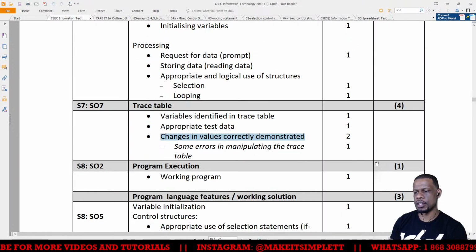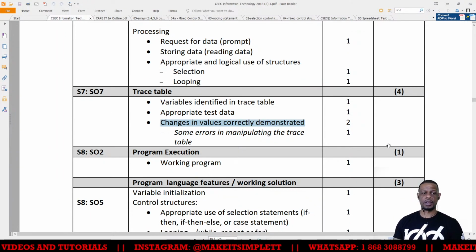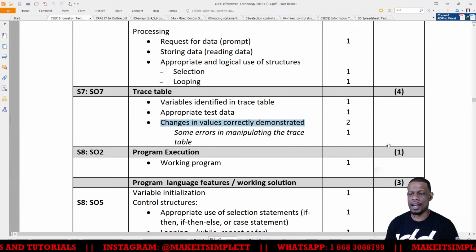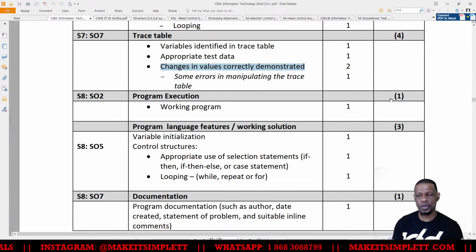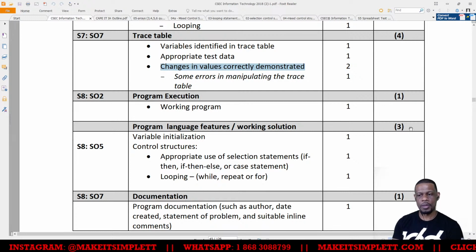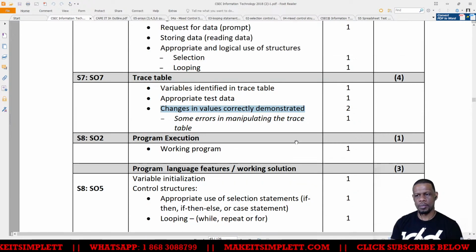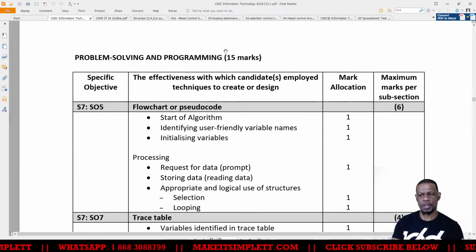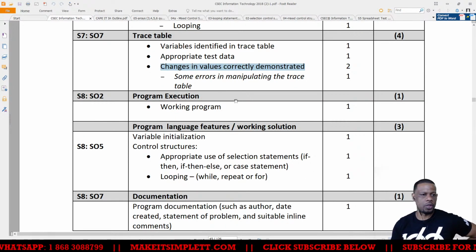So far we have gotten 10 out of the 15 marks for our algorithm. It's kind of weird though that the actual working program is only 5 marks. Actually no, the working program is just 1 mark. 3 marks for writing the code. So if you're bad at writing code, you could literally come through this part here with 11 out of 15 marks if you really can't even write the code.